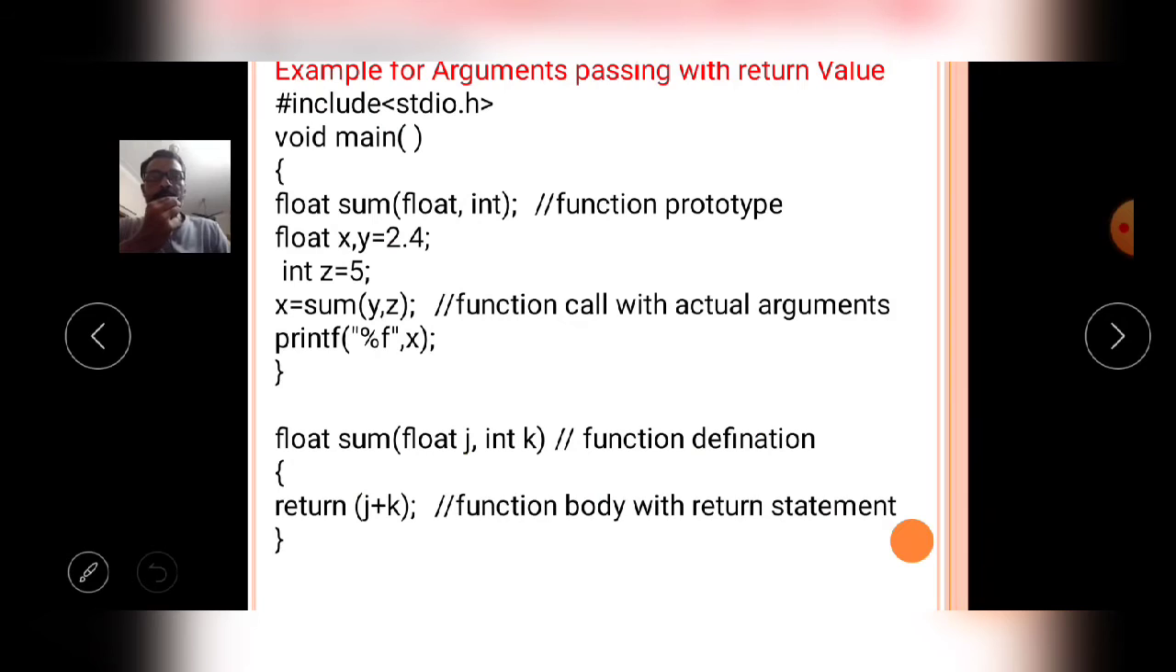Then come to the first one, example for argument passing with return value. So here observe the program carefully. Here the C program contains two functions, that is main function and one more is sum function. From main function to sum function,